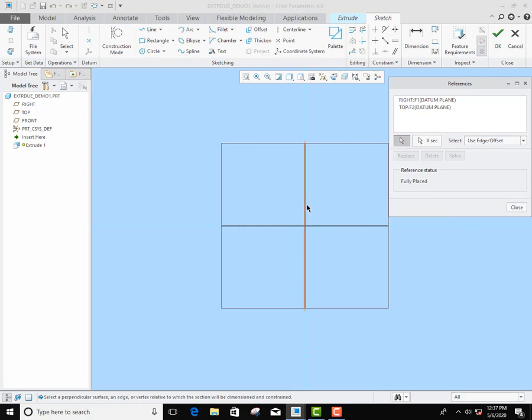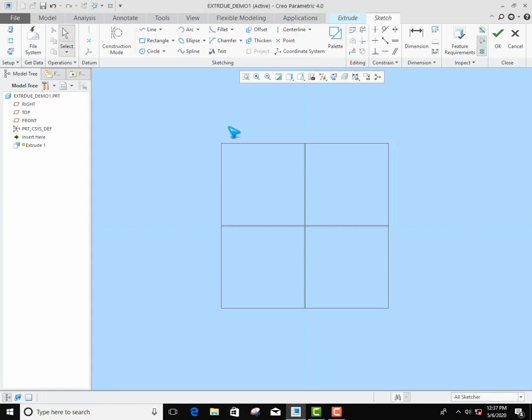So if you want some other references, you can select them, if you have other axes or other planes. Okay, here I'm going with the default. For sketching in a better way, this is my practice; you need not follow it, or you can use the symmetry method, or whatever method you like.